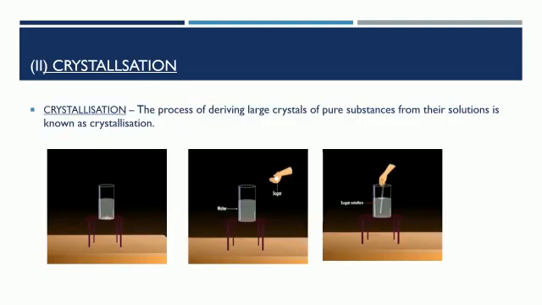Now, the second method of the separation of the components of a mixture of solid and liquid solution is crystallization, right? Now, what is crystallization? This is also a new term for you. The process of deriving large crystals of pure substances from their solutions is known as crystallization, right? So in the form of crystals, like